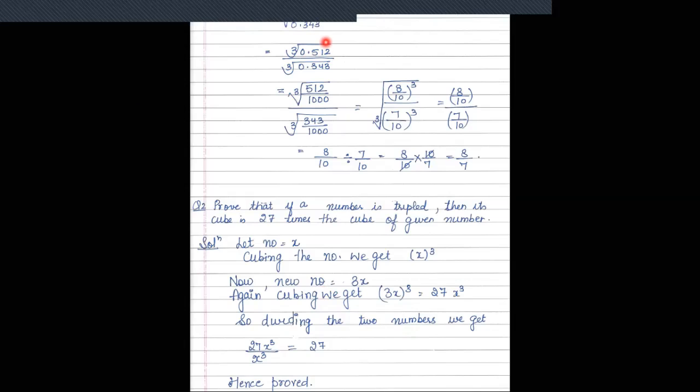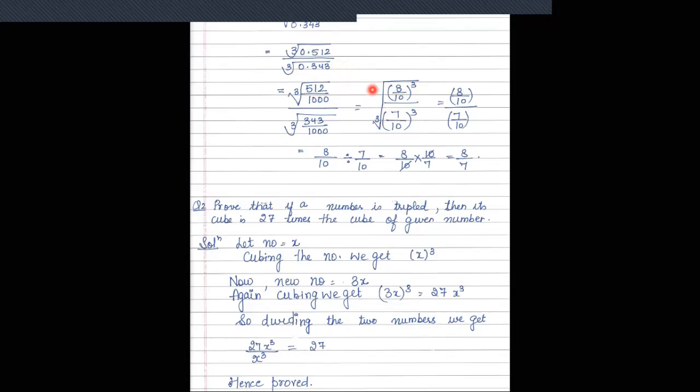Here children, the question is cube root of 0.512 upon cube root of 0.343. So now 0.512 I have written as 512 upon 1000, and cube root of 0.343 I have written as 343 upon 1000. Now big cube root sign, see 3 has to be there. Cube root has a 3 for sure. So